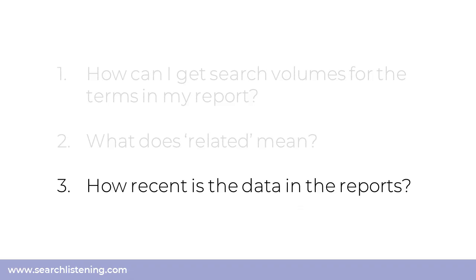How recent is the data in the reports? So it's important to remember that Answer the Public basically scrapes and surfaces Google's auto-suggestions. Annoyingly, Google isn't entirely transparent about the time frame from which it pulls its suggestions. What we do know is that it's current and it reacts to breaking events. So if a big name celebrity died unexpectedly and you put their name into Answer the Public on that day, you'd expect to see plenty of terms around their death